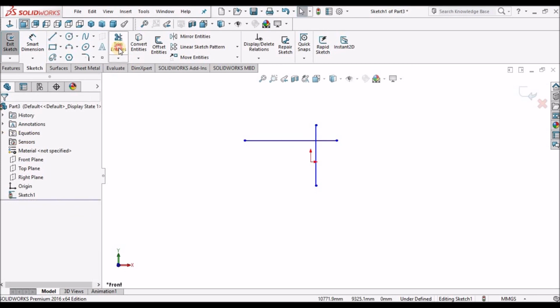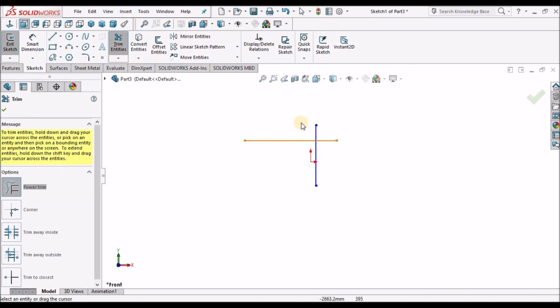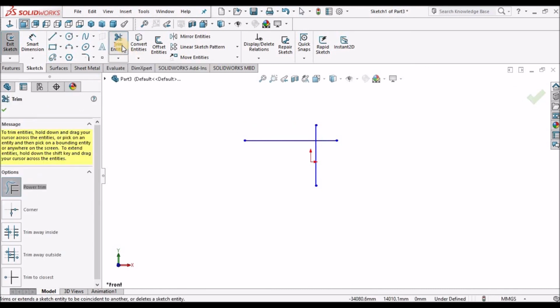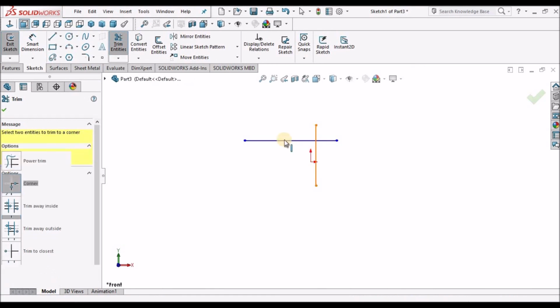So this is power trim. I can click the left mouse and move on the screen, and it automatically trims all the entities I don't want. Next is trim corner. If I click this line and this line, the other side automatically deletes.